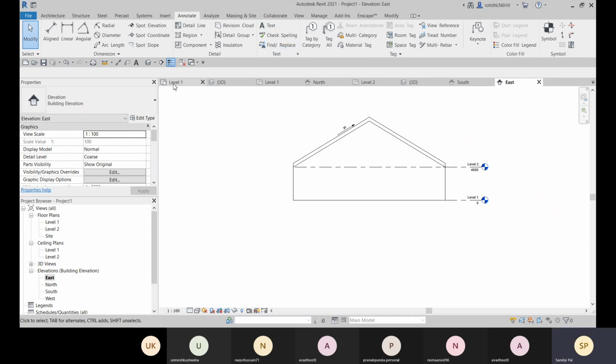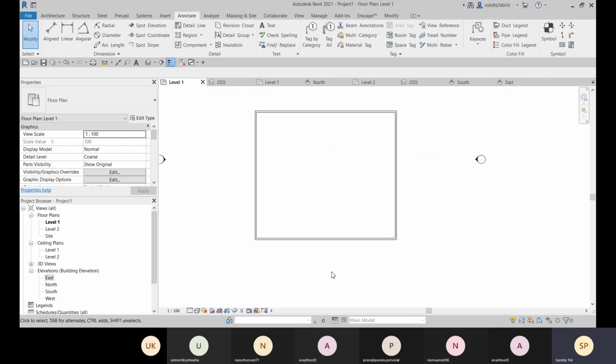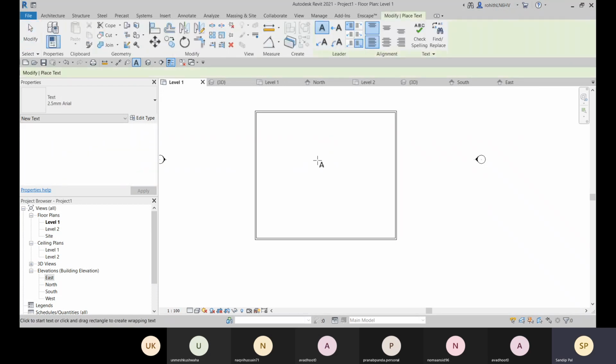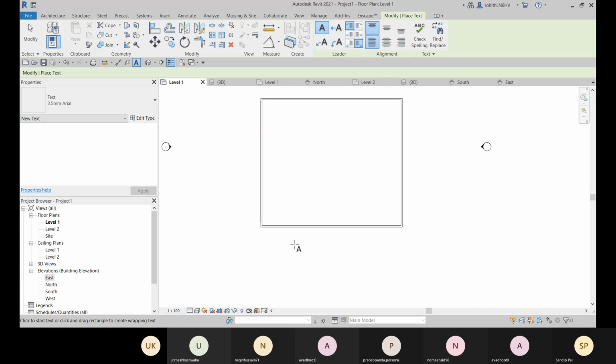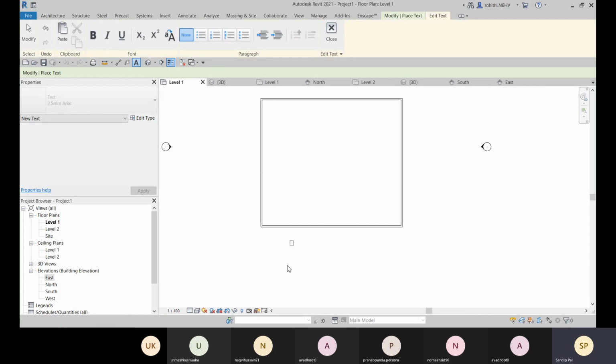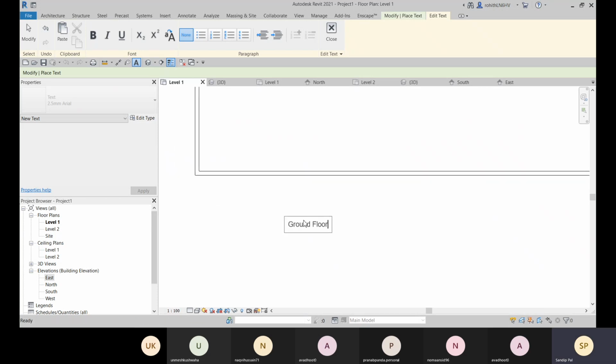For that, you can go to level 1, and if you want to provide any text, you can just simply provide the text. We will not provide it here, because we will name the label, and in the project browser we will get that ground floor plan.